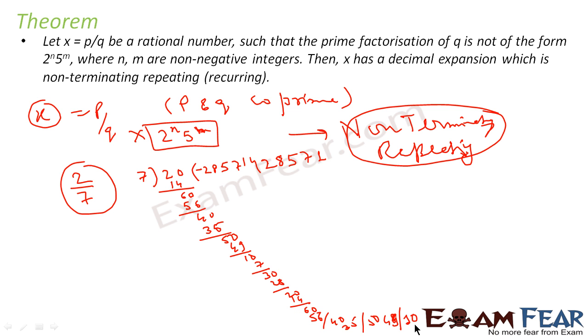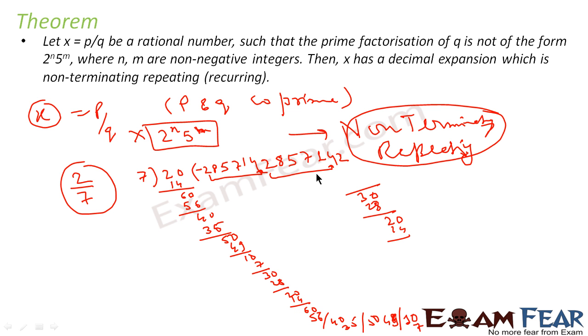So if you take this value here now, it becomes 30. So this becomes 7 into 4, 28. Right? Again 20. So if you see, this is repeating: 2 8 5 7 1 4, 2 8 5 7 1 4. Again 2, 14 you get, right? This is non-terminating but repeating. You take any number, you can try with this, you can play with the maths.